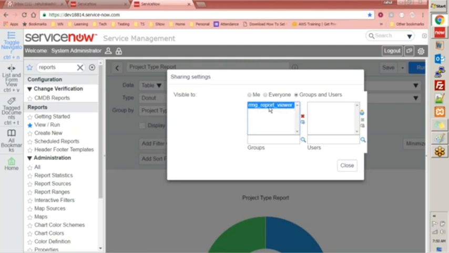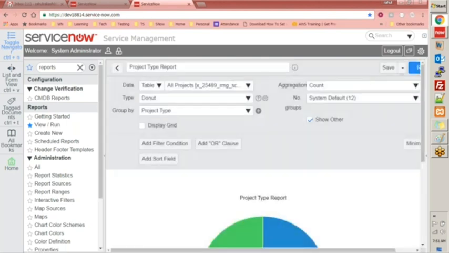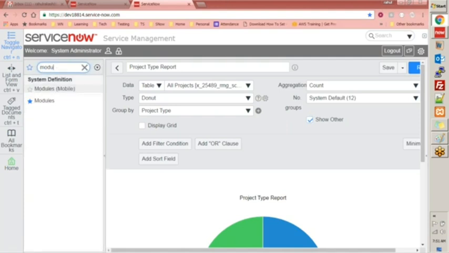So there is another access modifier that we have at the report level. You can have this access modifier implemented on the report level as well, where you can specify what group or people you want to allow access to this report, right? So I created this report. I have this permitted to the remote report admin users,